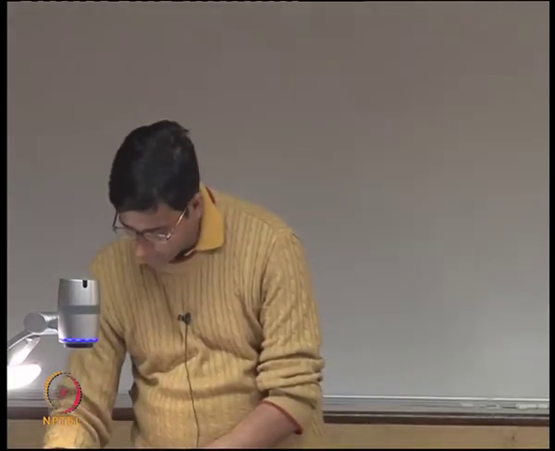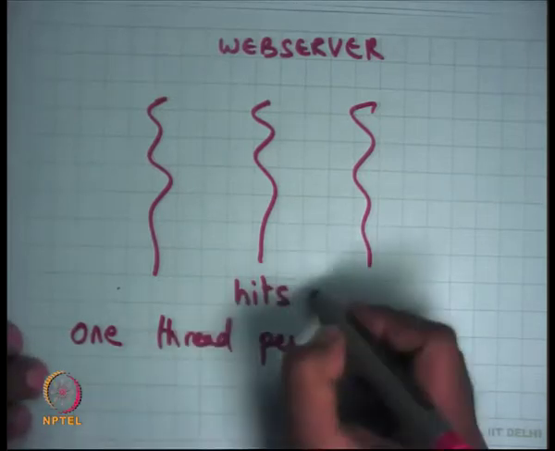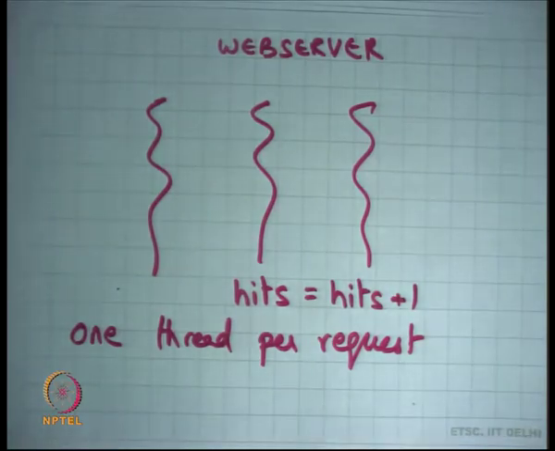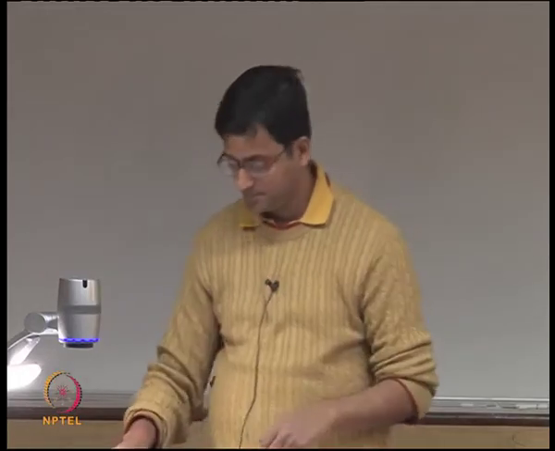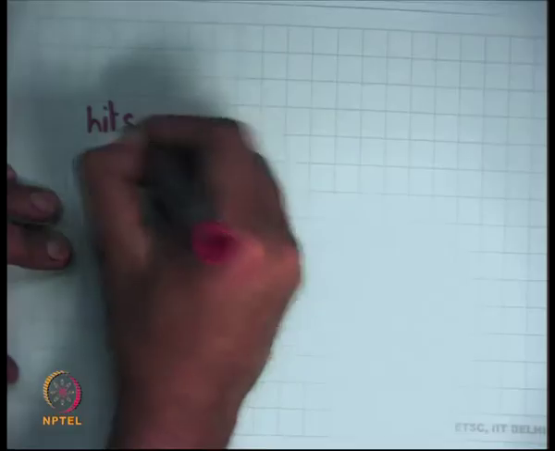All right. So let's say I had this global variable called hits that was trying to track how many people actually visit my web page in a day. So that's this variable hits, and all you do is say hits is equal to hits plus 1 for every request that you get. Right. So what happens if two threads try to execute hits is equal to hits plus 1 simultaneously?